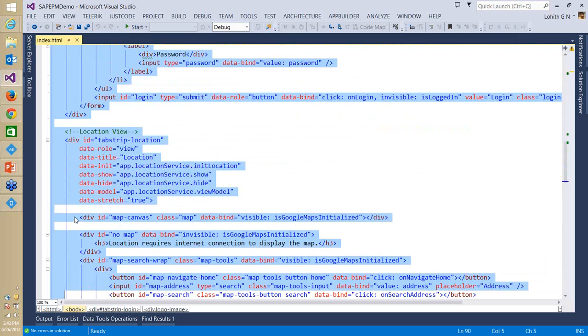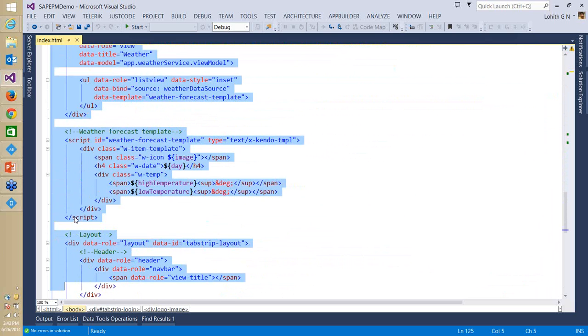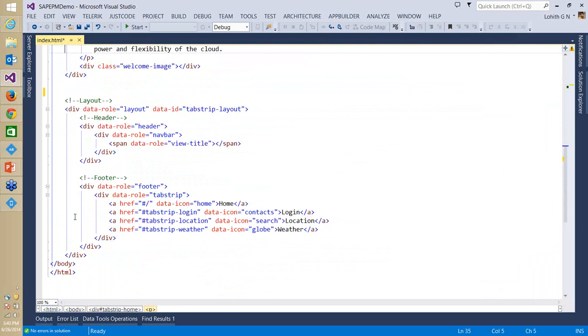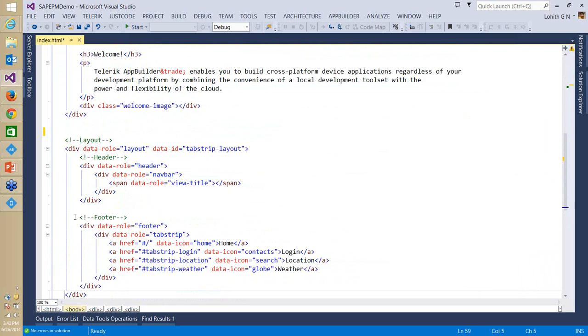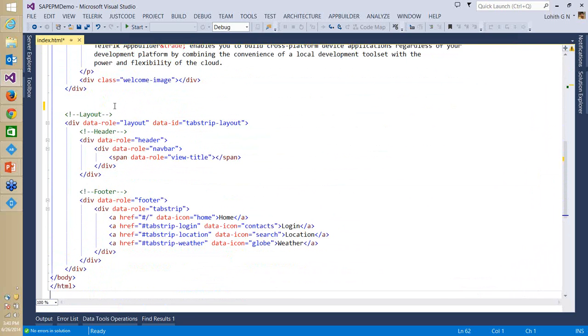So I don't want this view, I don't want this view. I'll tell you how we create things in Kendo UI. So the first thing that starts with Kendo UI is defining a layout. You can come back here and then say div data-role layout. That's all you need to tell to create a layout. So layout is nothing but you're setting how your header should look and how your footer should look. You never define how the body should look because each page of your application will define how the body